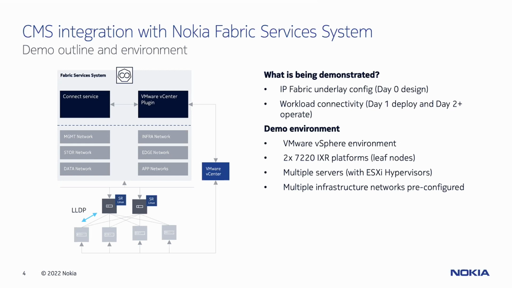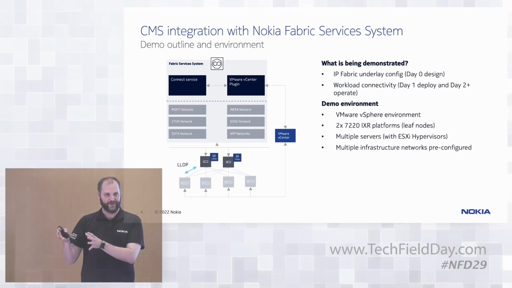So I'm going to walk you through a VMware vSphere setup where I have a few hypervisors already present, where the Fabric already has a few networks available in overlay networks for the infrastructure, which are your management network, your infrastructure network, your storage network, et cetera. Those are being pre-configured in the Fabric. The CMS, in this case vCenter, is aware of those networks. If I connect anything into it, like a new compute, which is what I'll demonstrate, automatically that compute will be getting that network. The top of rack that is connected to this compute will get that configuration pushed down. So that is the Fabric centralized way of working.